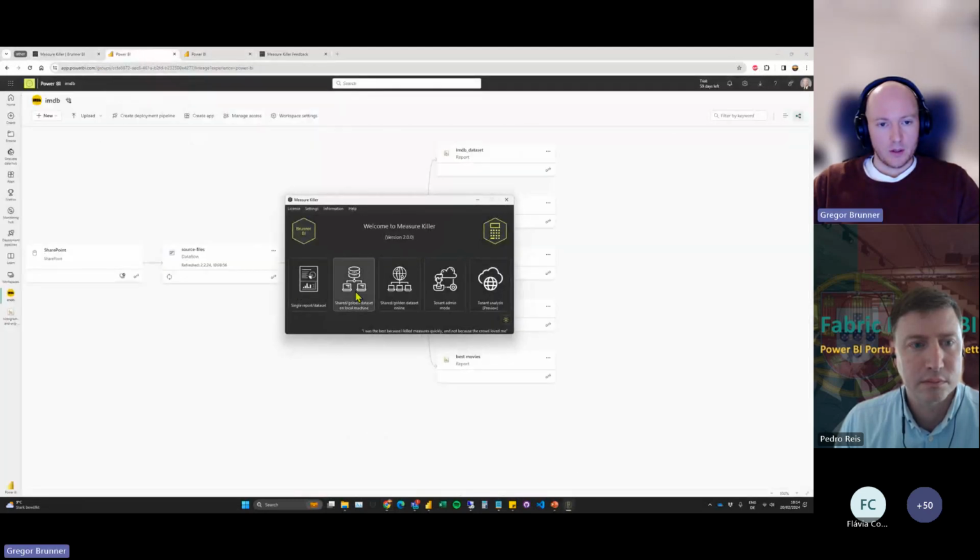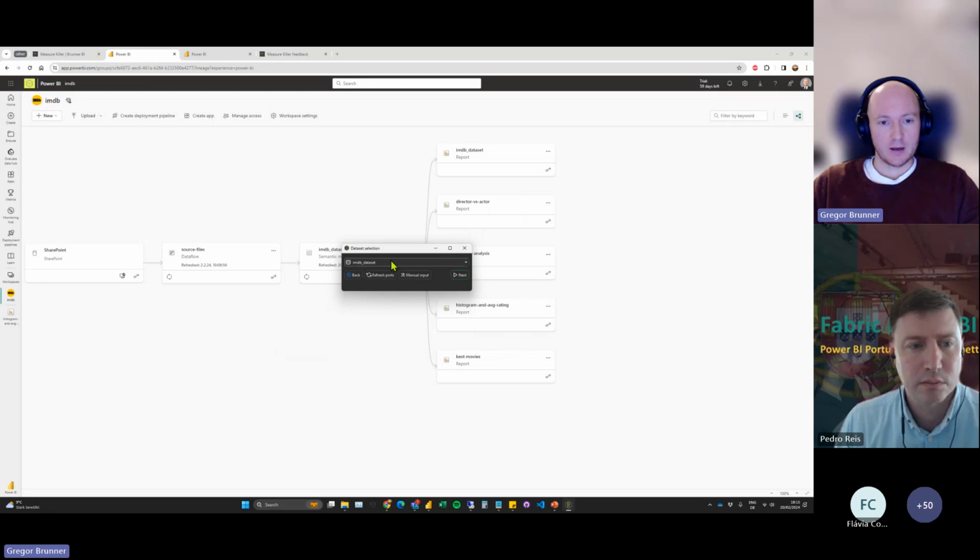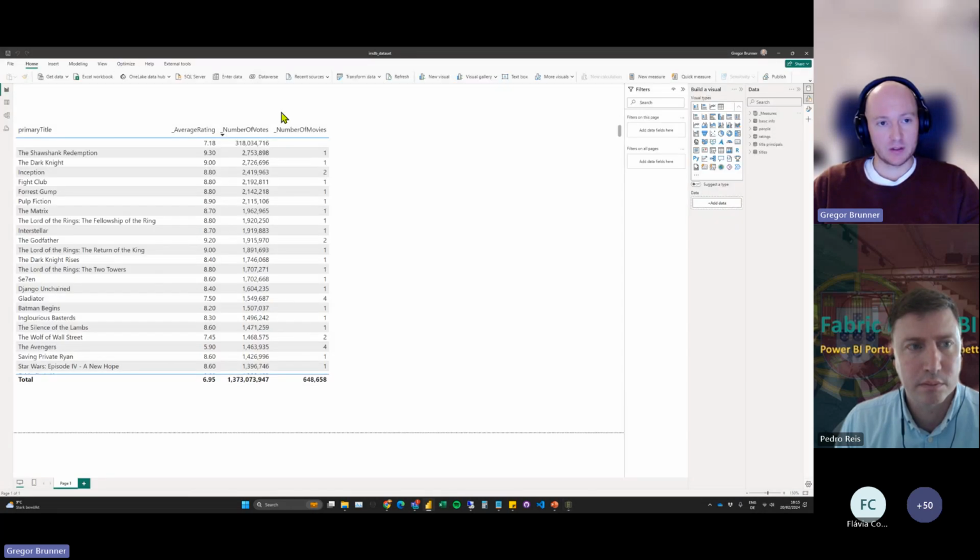Measure Killer has different modes, meaning you can analyze a single report, you can analyze this shared model where you have all the files locally, and then there are some other modes for the paid version. But we're going to start here with the free version, and this is the free version for the shared datasets. When I click here, the first thing that pops up is to select the dataset. I have to have the dataset open when I do this, because we're going to write changes directly. When we remove things, we're going to write it directly to this model, and that's why we have to have it open, like other external tools.